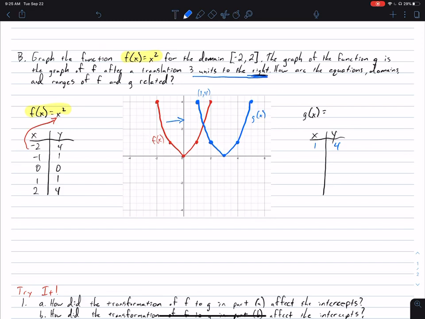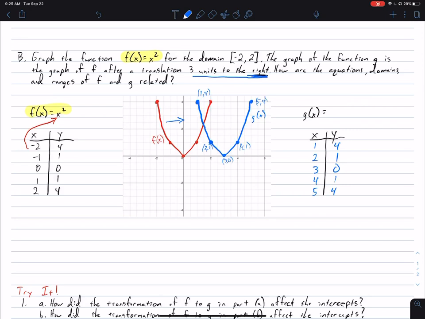Then I have (2, 1), (3, 0). Again, that's (3, 0) there. That one was (2, 1). We have (4, 1). And then we have, it looks like (5, 4). Okay. So I have my x values, I have my y values,